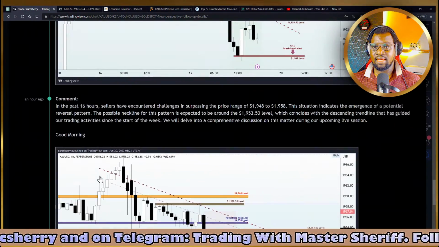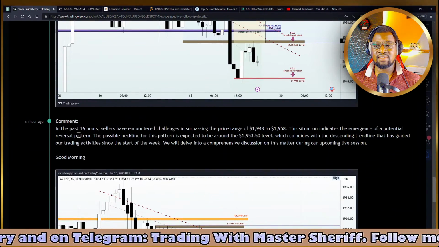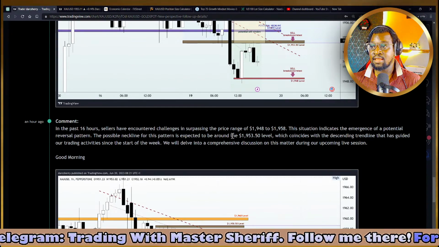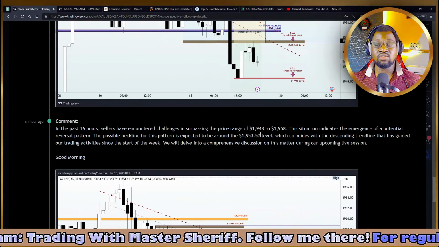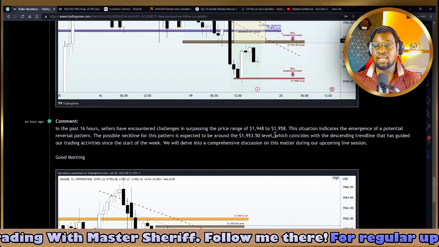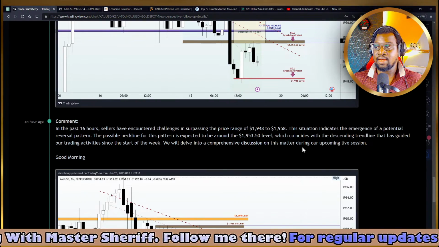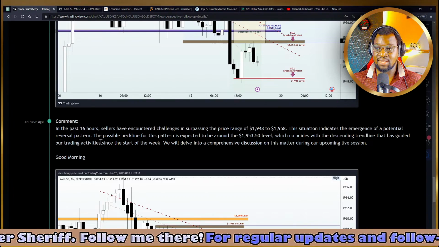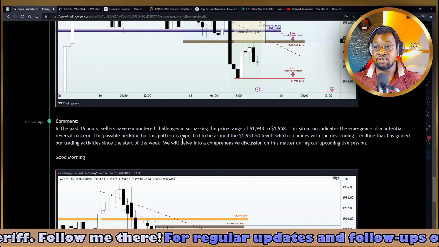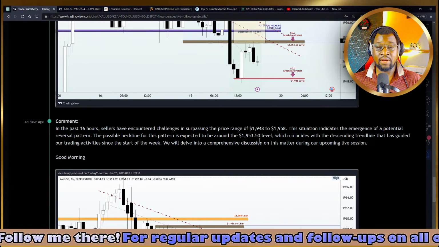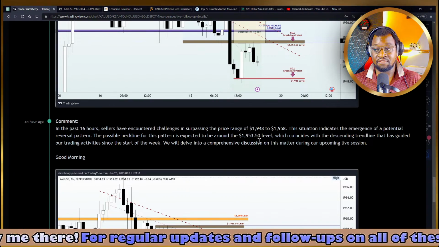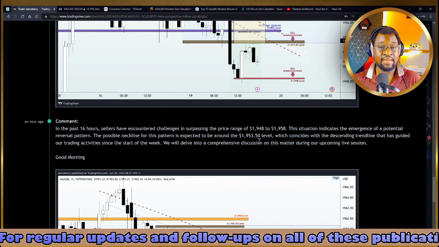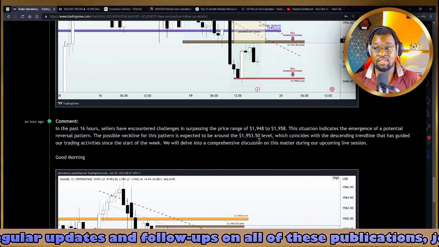Okay, so I said here that in the past 16 hours, sellers have encountered challenges in surpassing the price range of the 1,948 to the 1,958 zone. This situation indicates the emergence of a potential reversal pattern. The possible neckline for this pattern is expected to be around the $1,953.50 level, which coincides with the descending trend line that has guided our trading activities since the beginning of the